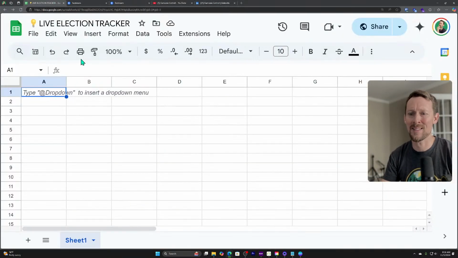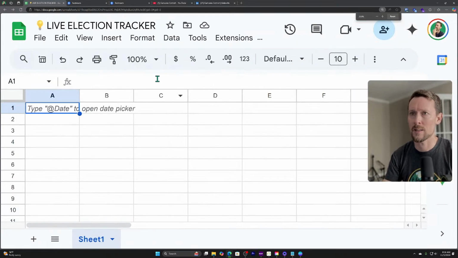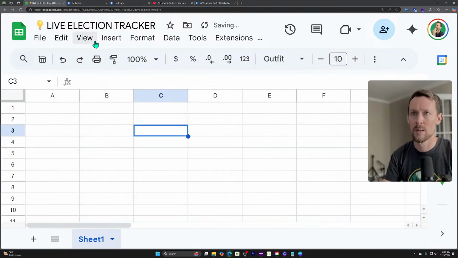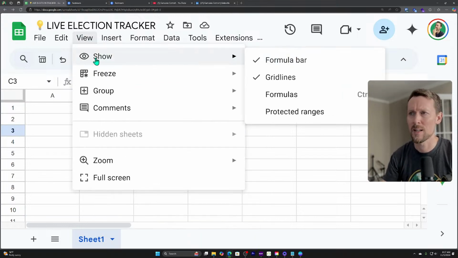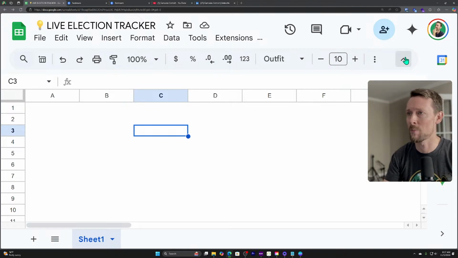All right, let's get to business. Now, this is going to be a highly intricate, as you might imagine, very rigorously built Google Sheet because we don't want things such as election results to be messed with or doubted at all. So first of all, before we get into the data, which is kind of the least important part of the election, let's just see how it looks. So let's manage our appearance here. Oh, that's much better. Got rid of the grid lines. We don't want these things to look bad.